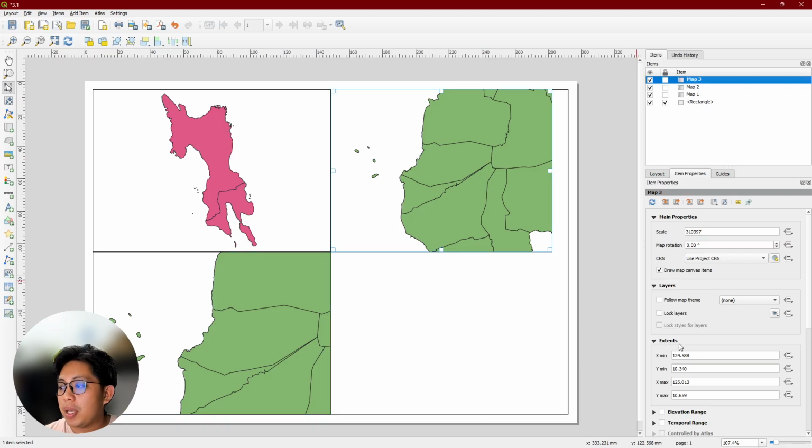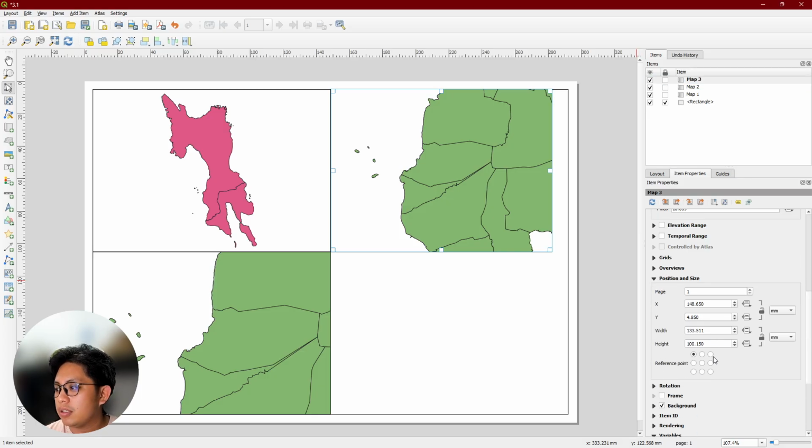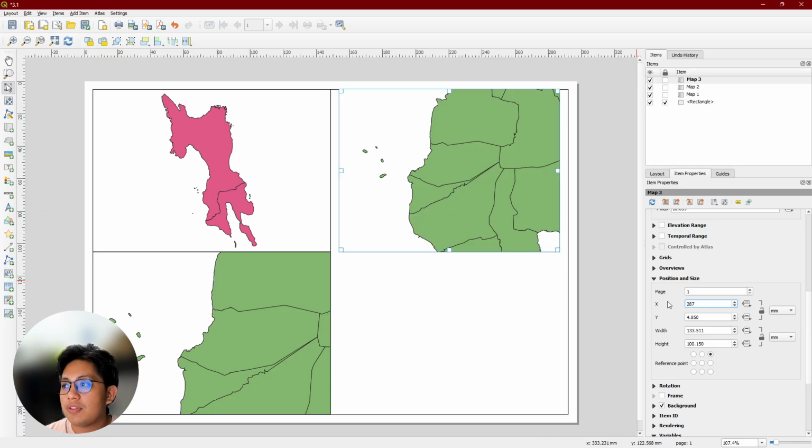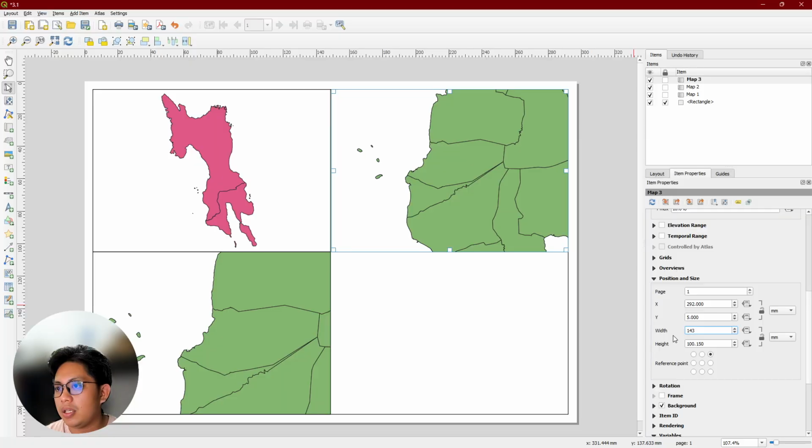So I go back to map 3 and finalize my position, 292, 5, 143.5, and 100. I'm gonna lock that one with a frame.